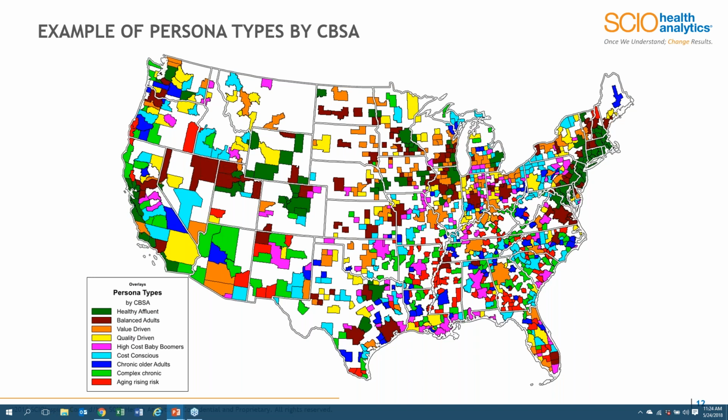But we actually define personas at the 5-digit zip code level, which then makes it very easy to aggregate the personas to different levels of geography. This would include custom areas defined by a pharma's sales, marketing, or managed market teams. Again, 5-digit zip code levels are easily aggregated up to some other level of geography, really based on what your specific needs are throughout the country.